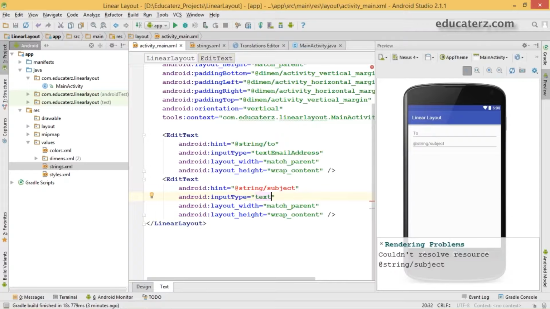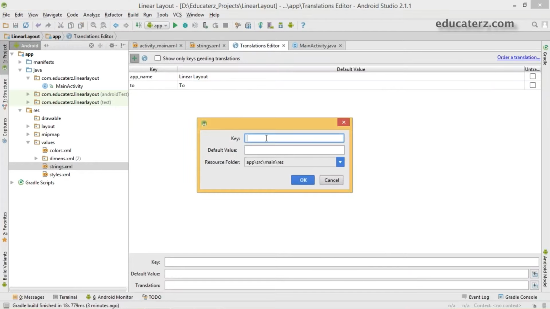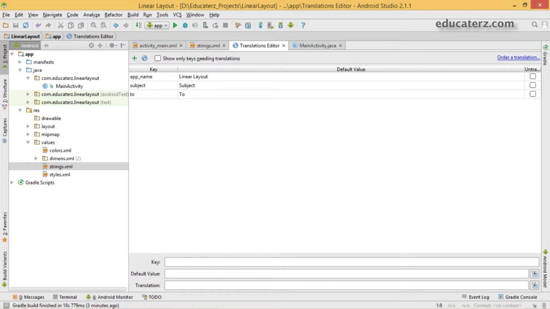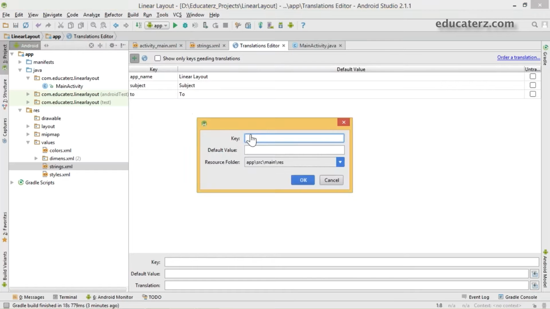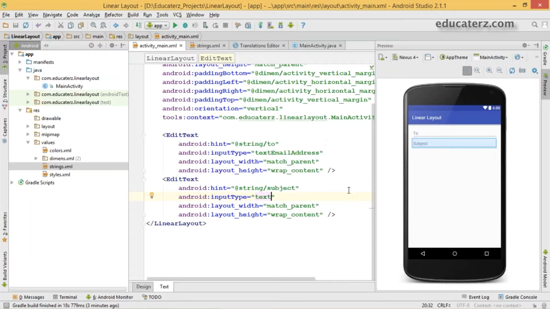Save this. Go to your translation editor, name it subject, and the value will be Subject. I'm going to create one more called message, another string for the message as well for my future use. Come back to your layout.